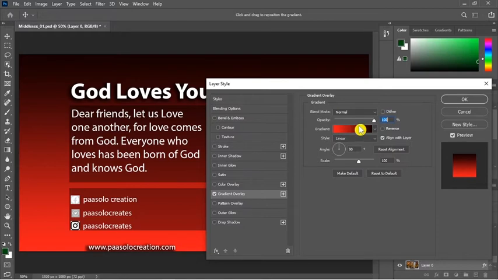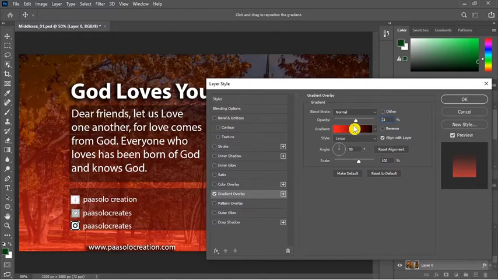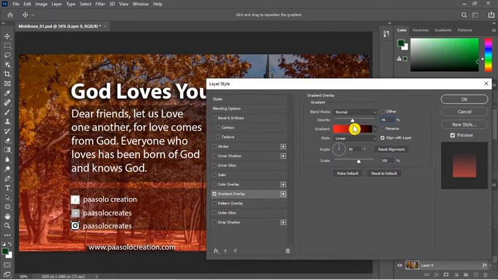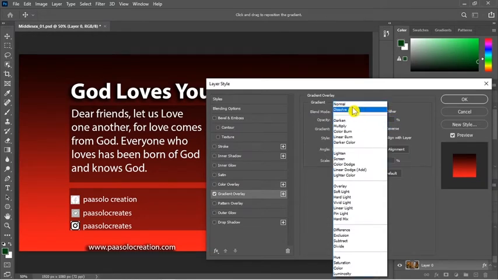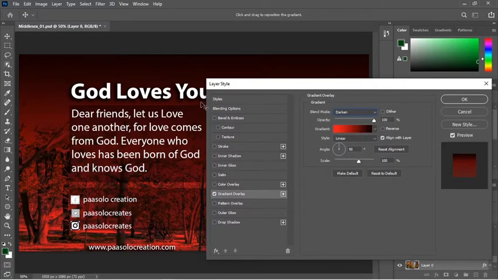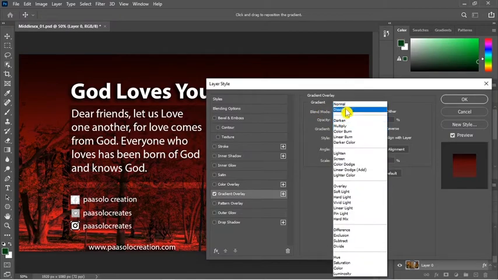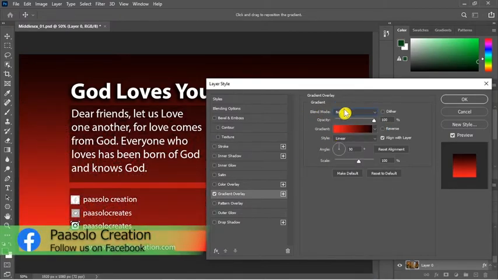It is because this one, the opacity is 100%. When we reduce the opacity to, let's say, 46, you will start seeing what is at the background. And what we can do also is that at the blending mode, you can change the blending so that it will blend it for you and your background will start showing. So this one is at normal, that's why we don't see anything. So let's take it to dissolve, nothing happened. Try a different one, darken. You see that the background starts to show a bit compared to the first one that nothing was showing.